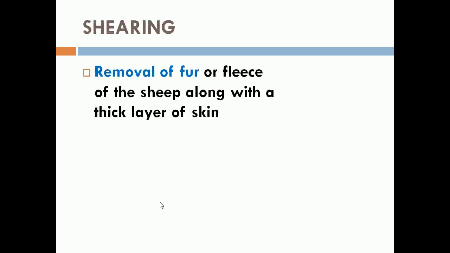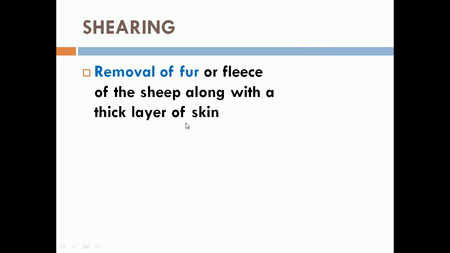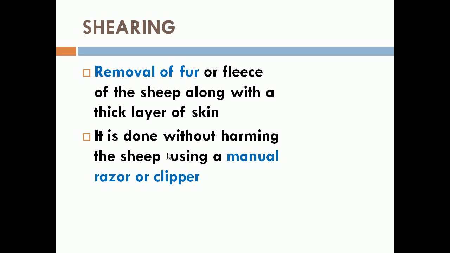First step is shearing. What is meant by shearing? It is the process of removal of the fur or fleece of the sheep along with a thin layer of skin. From the sheep they will remove the fur along with the layer of skin. That process is called shearing. It is done without harming the sheep,